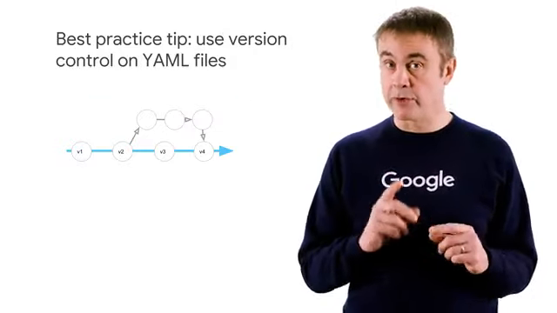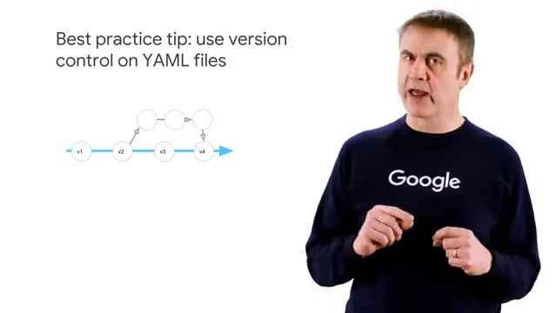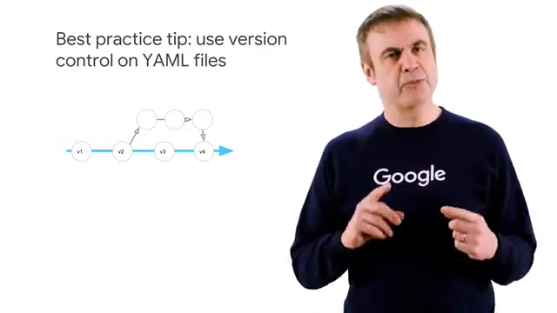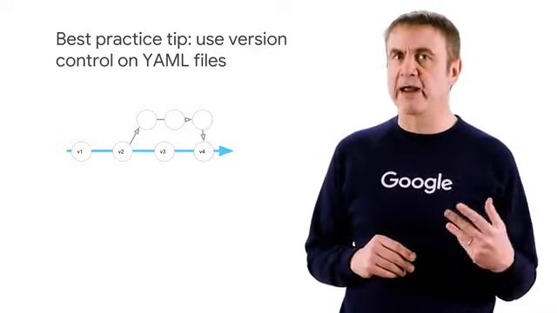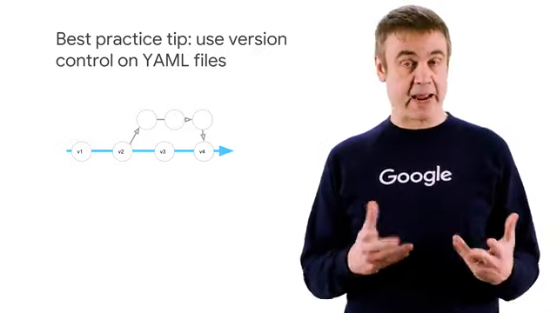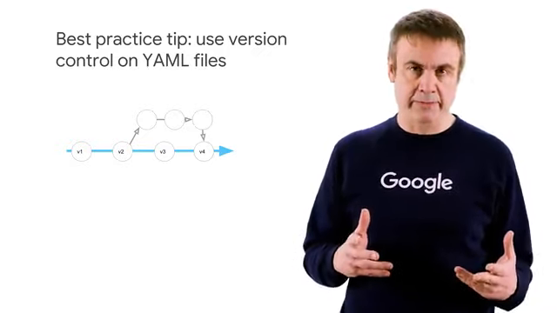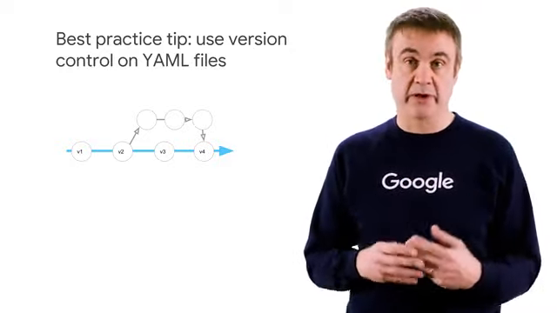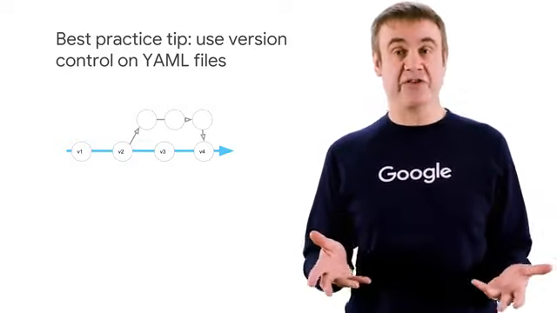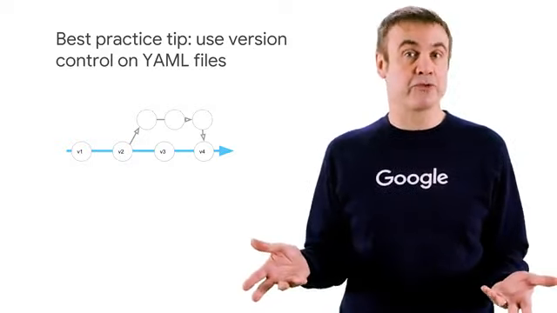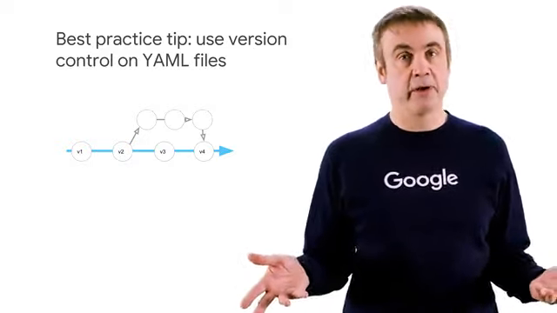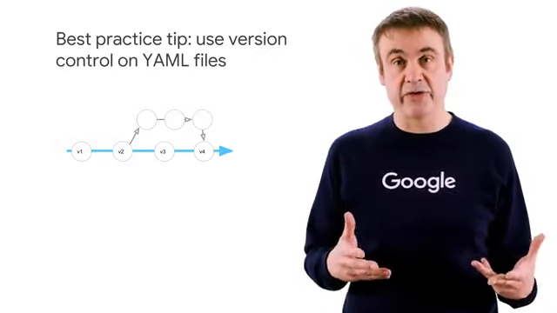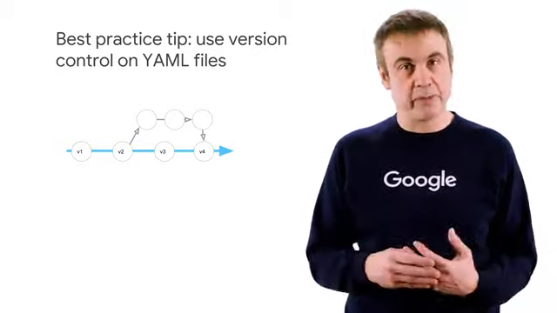Another, even more important tip: you should save your YAML files in version-controlled repositories. This practice makes it easier to track and manage changes, and to back out those changes when necessary. It's also a big help when you need to recreate or restore a cluster. Many GCP customers use Cloud Source Repositories for this purpose, because that service lets them control the permissions of those files in the same way as their other GCP resources.